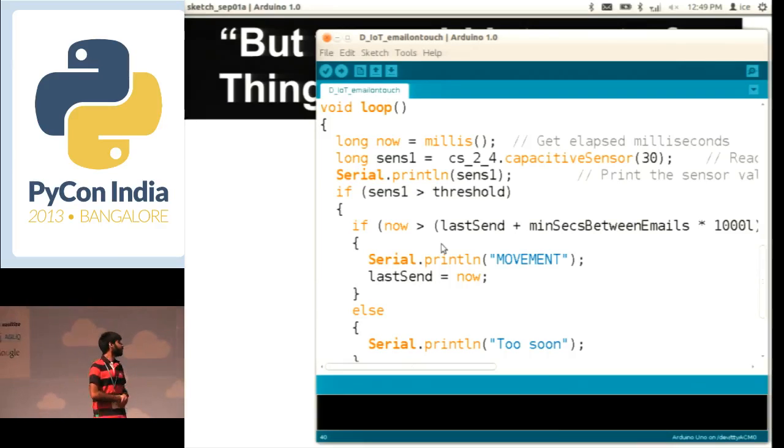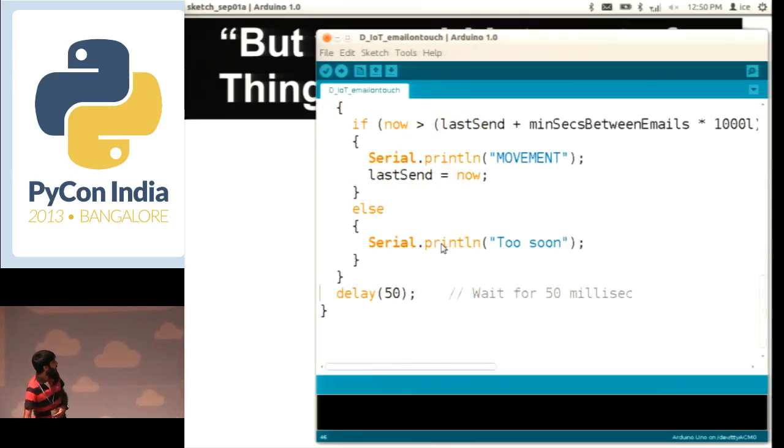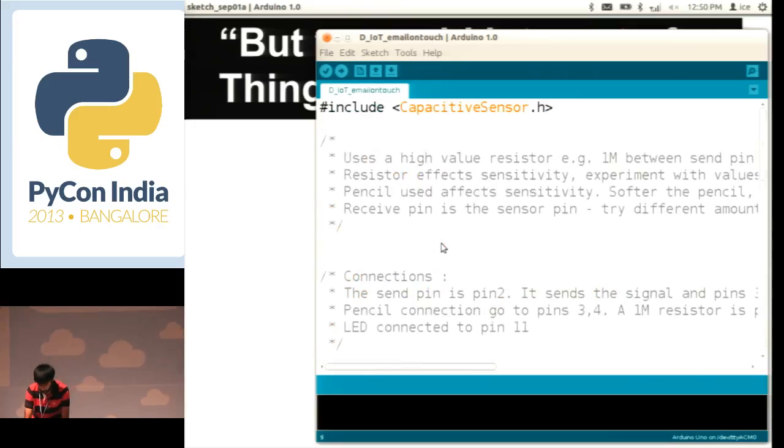If the value of now does not satisfy what I want, in that case it is going to go to the else, and it is going to print too soon, and it is not going to send the email. After that, I just do a simple delay of 50 milliseconds in order to allow the serial data to flow through. And once I upload this code to the Arduino,